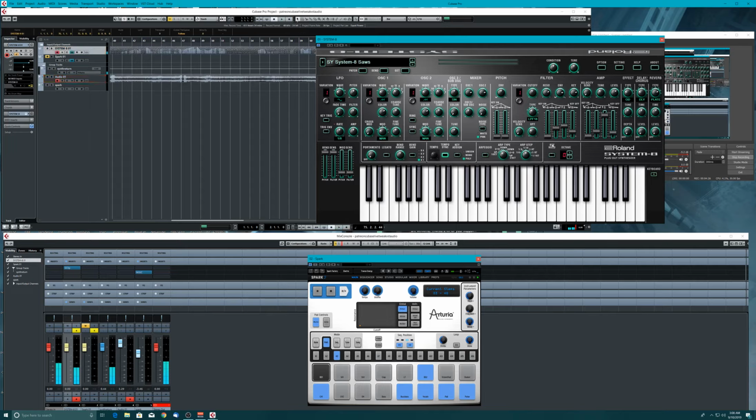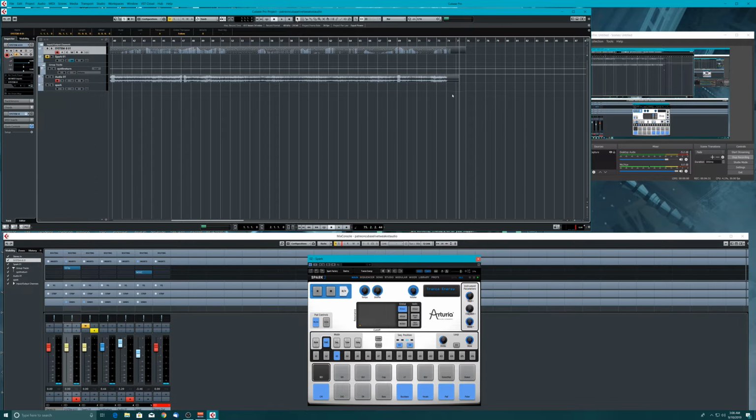Anyway, that's the System 8 doing some bass arp thing that I made. And up here now you got all this automation up here. It recorded it too, me moving the knobs, but yeah, we got it in this audio track here. Now I'll solo this. If you take a listen,